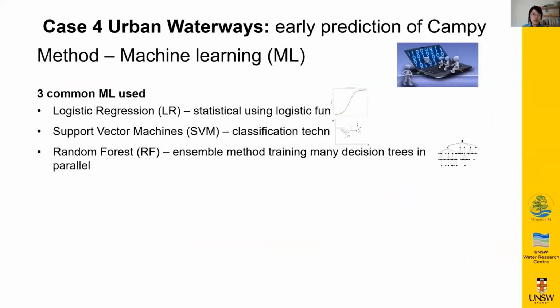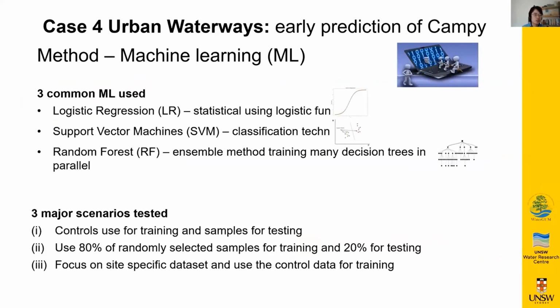We use 3 very common machine learning methods: logistic regression, support vector machine, and random forest. We tested 3 major scenarios, but I'll be presenting the results of 2 scenarios, in which we used the controls for training and the samples for testing. The controls mean the positive and negative